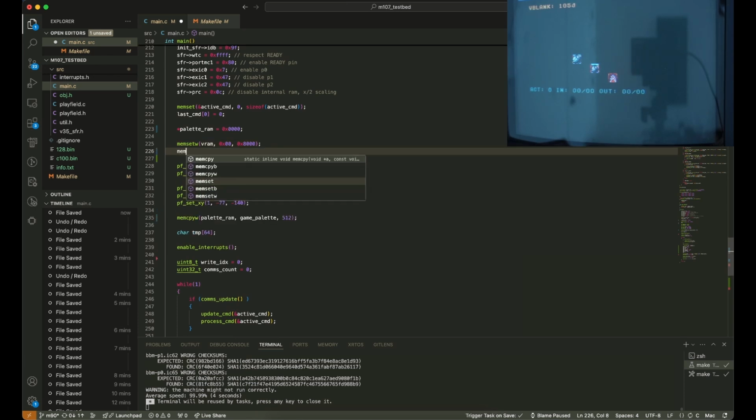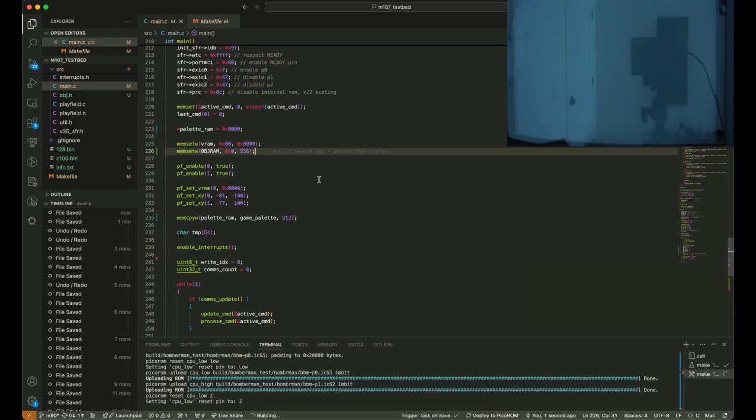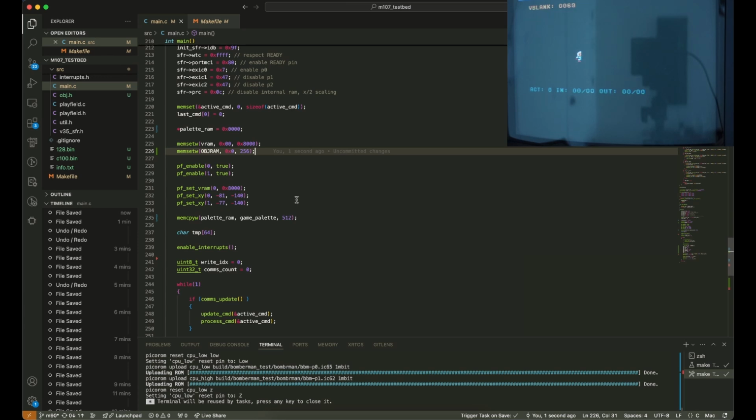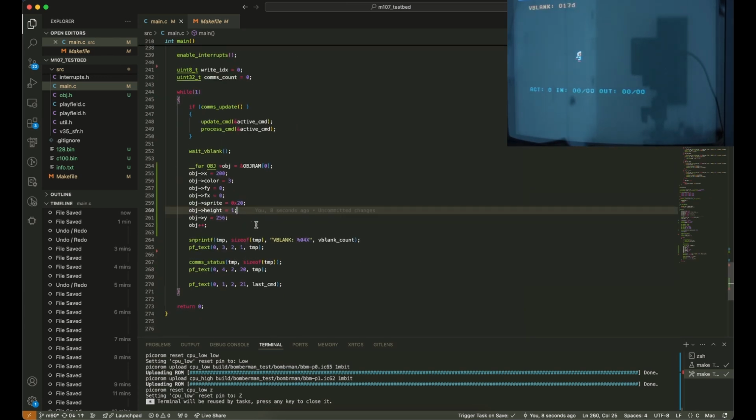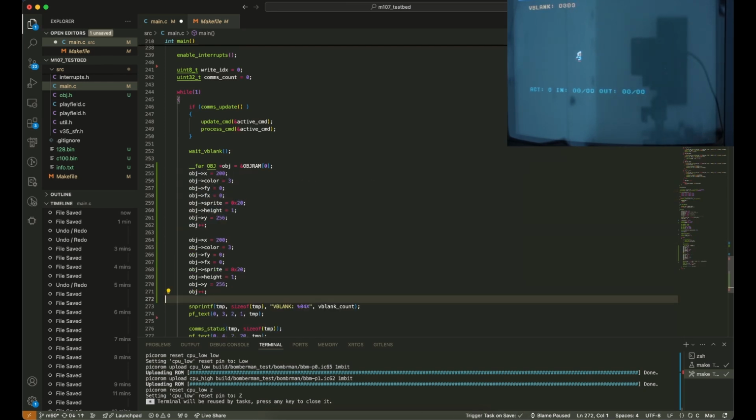So we can memset object RAM to 0. Let's do 256. Okay, so there is a guy, half a guy. Let's give him another half. So let's update this X position, move it over a little bit, and then enable the flip, which is, actually